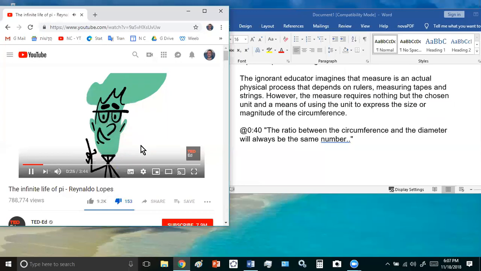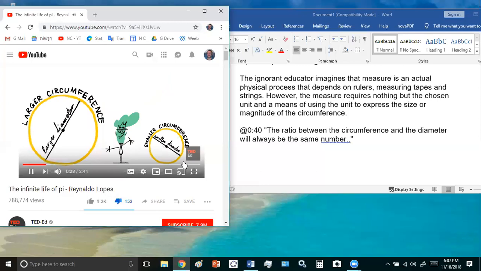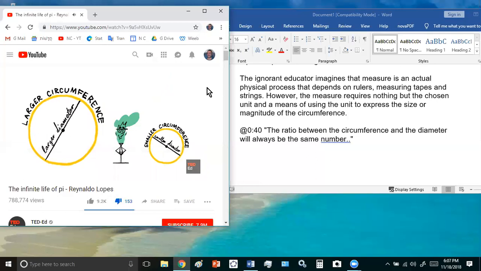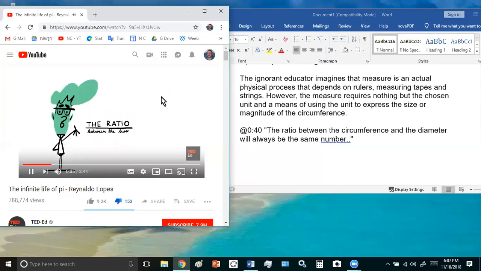Unless there was a better way. Now, it's obvious that a circle's circumference would get smaller or larger along with its diameter. But the relationship goes further than that. In fact, the ratio between the two, the circumference divided by the diameter, will always be the same number, no